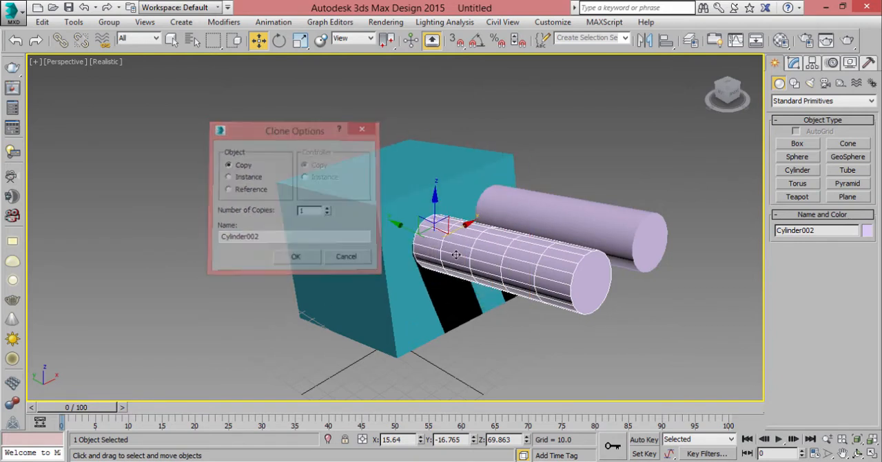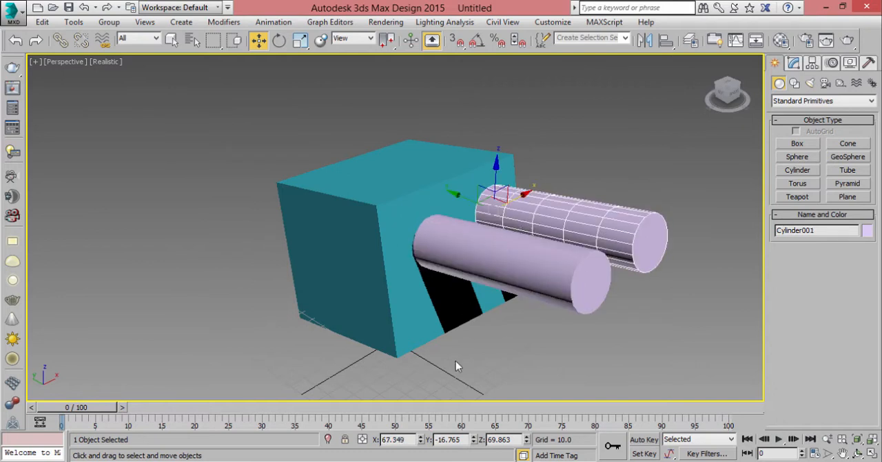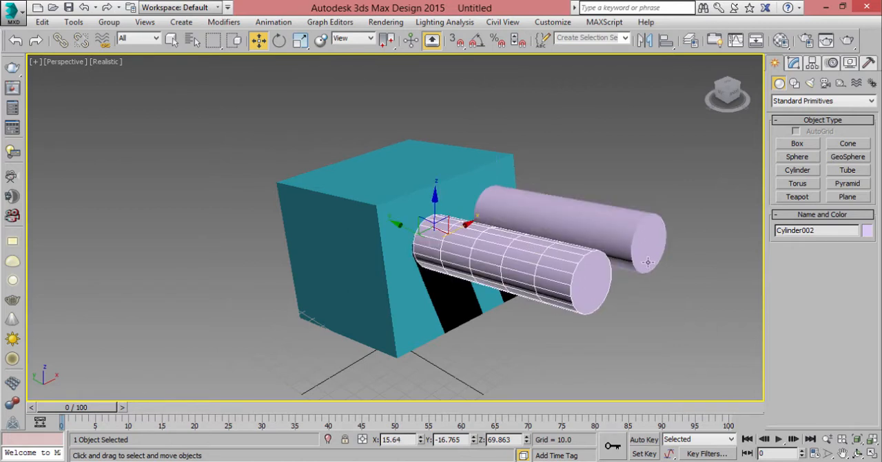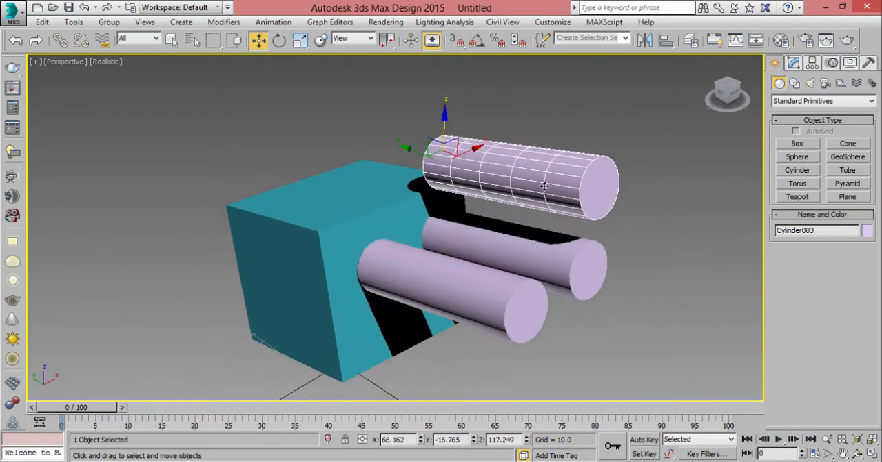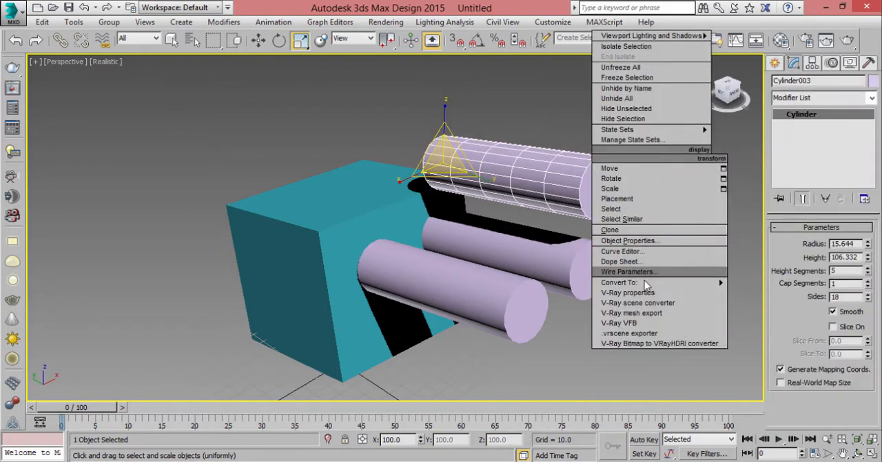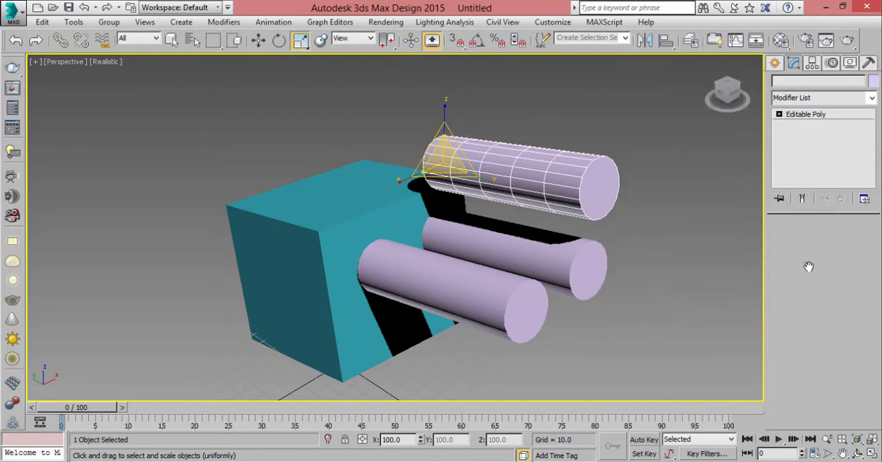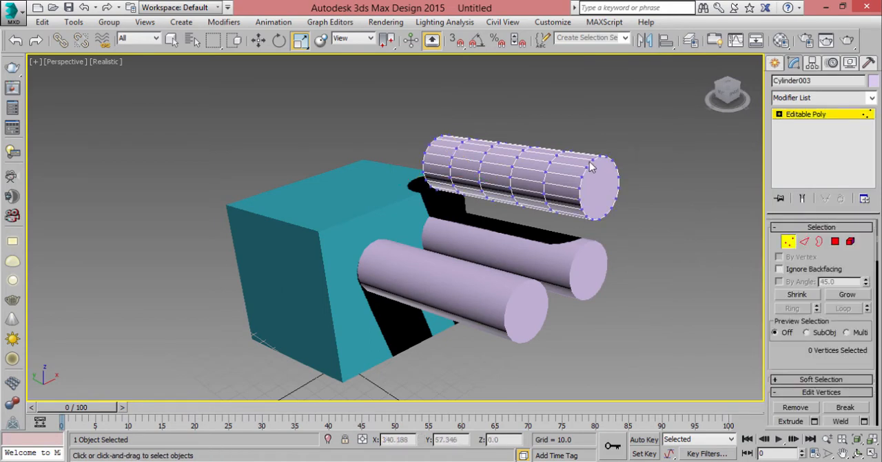A copy will make another one like this but with a different name. You can change the material without changing the other one, the original one. If you make an instance, whatever change you make here, sorry, if you change it to editable poly, and if you change the object shape,